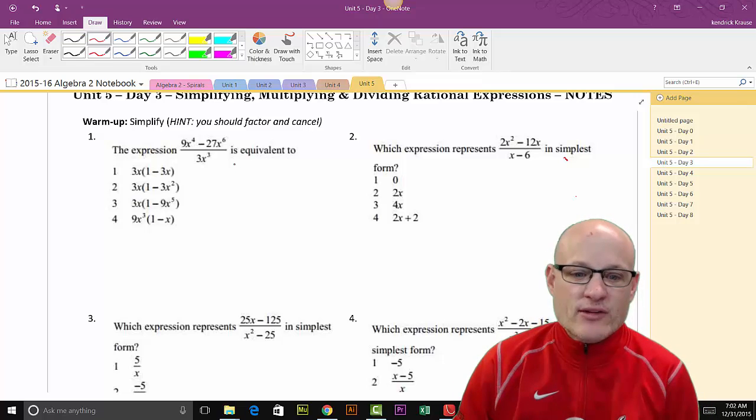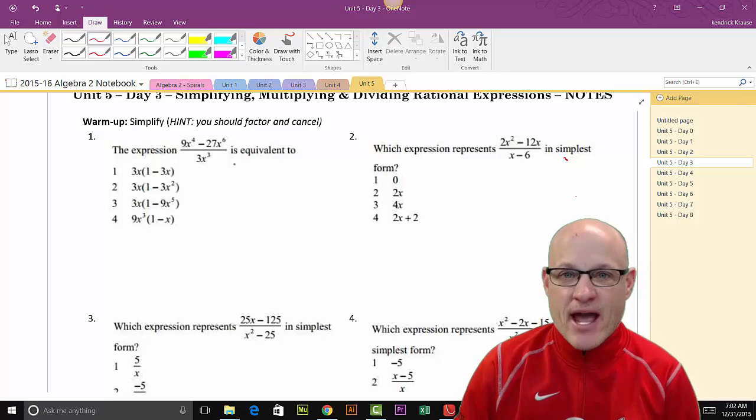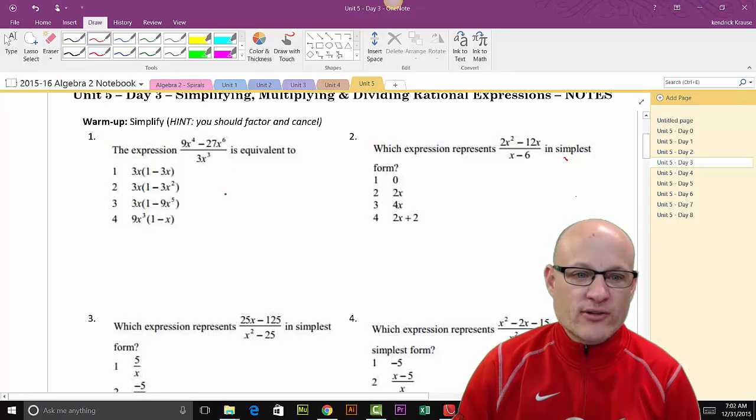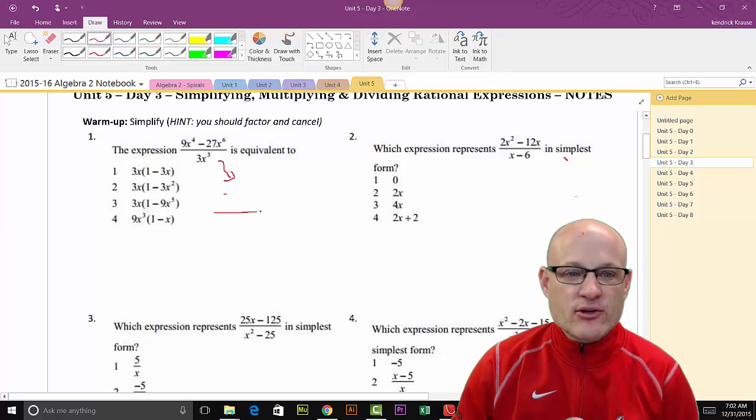Now there's a couple of different ways to do multiple choice. There's the cop-out way or the actual way. And I'm going to show you the actual way first, and I'm going to show you the other way in a second. Hopefully this pen works. So what we're going to do is we're going to factor the numerator. All right, you know that if you factor, the first thing you're going to do is look to take out a GCF. So my GCF in the numerator is 9x